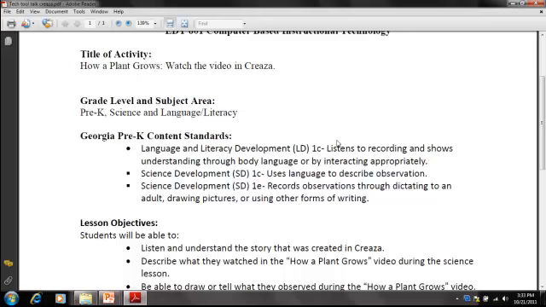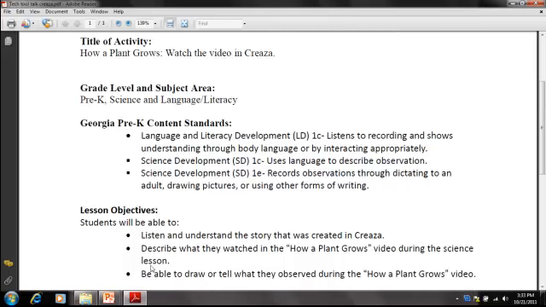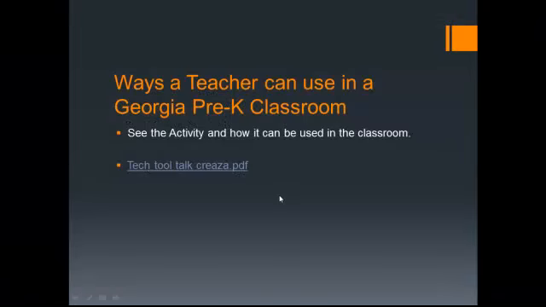It's a lot of work with the pre-K and the paperwork, but this is how I would use my presentation of Creaza in my classroom, and I hope it was